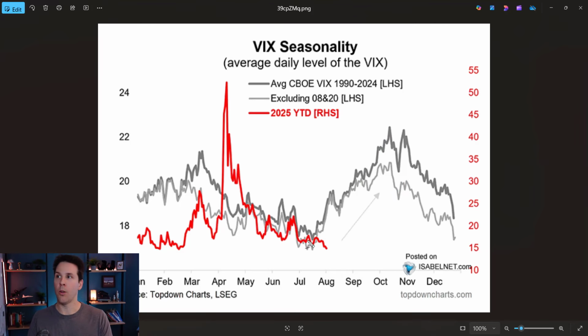And yes, there was an increase in the VIX. We know that the VIX went up to almost $30 in pretty quick order based on the October 10th situation with the market coming down. And so I'm going to say that this basically did occur. We did get the peak in October for the VIX. And now we should be having the VIX come down, which should be bullish for the market. So happy to see that.